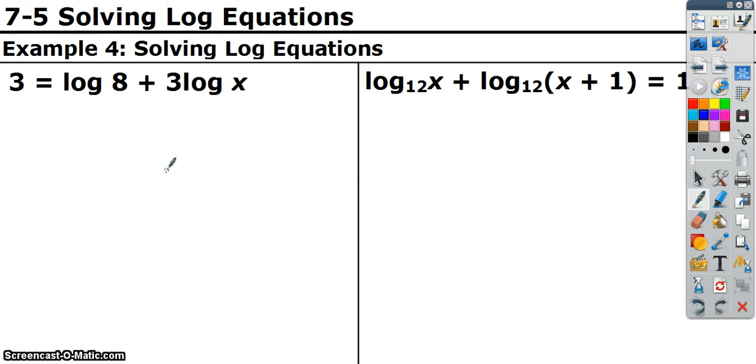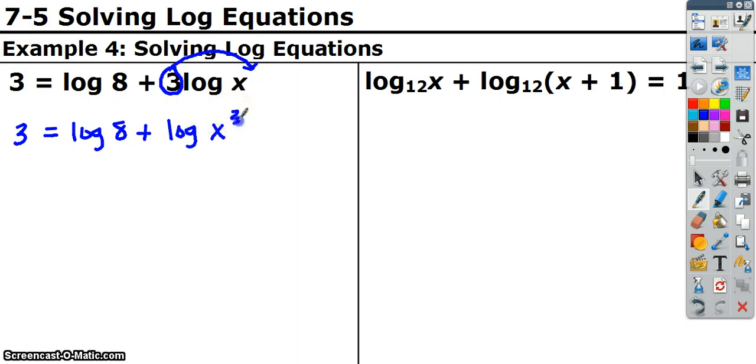These next few examples are going to use our properties more. You can never solve an equation with multiple logs, unless they're on opposite sides of the equal sign. But if they're on the same side of the equal sign, you need to combine them together first and then solve for x from there. So there's two things we've got to do here. Anytime there's a number in front, you need to move that up, make it an exponent. So this is going to be 3 equals log of 8 plus log of